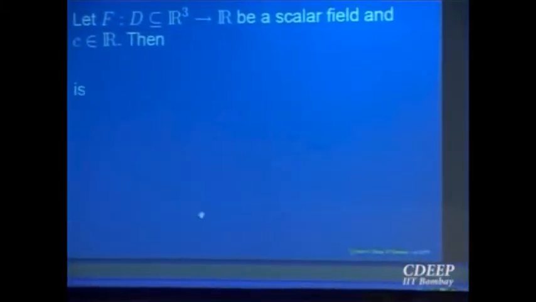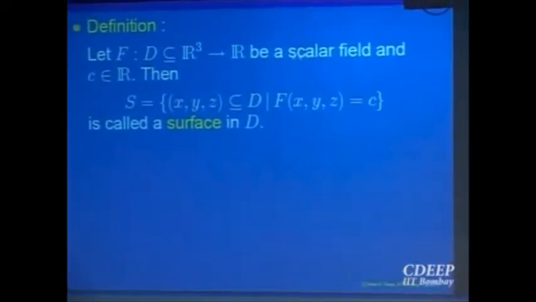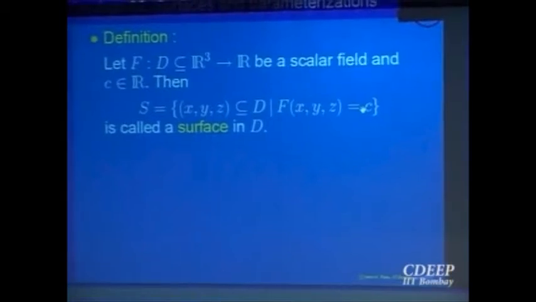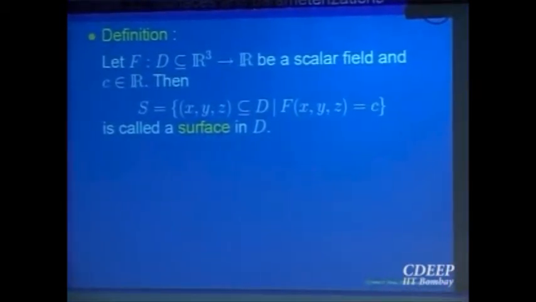A surface in R3 is going to be a set of points x, y, z, so that for a scalar field f(x, y, z) is equal to c, a constant. You can think of it as a function of three variables, w is equal to f(x, y, z). If you want to visualize a function of three variables, how will you try to visualize? You can't visualize its graph in 4 dimensions. So you have to look at what are called level surfaces.